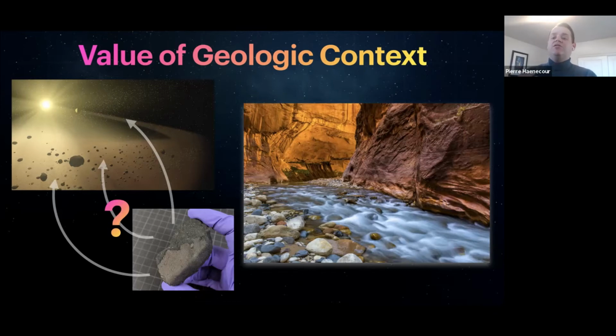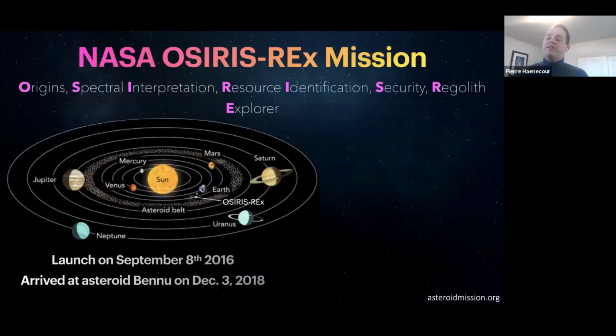So if you think about a riverbed, it's like trying to pick a random rock in the middle of a river and understand where that rock actually originated from, after all its life throughout the river and traveling different areas. It makes it very difficult to retrace its origin. So that shows that there is real value in knowing the geological context, the actual origin from which a given sample comes. And that leads me to the reason why NASA started the OSIRIS-REx mission, for studying